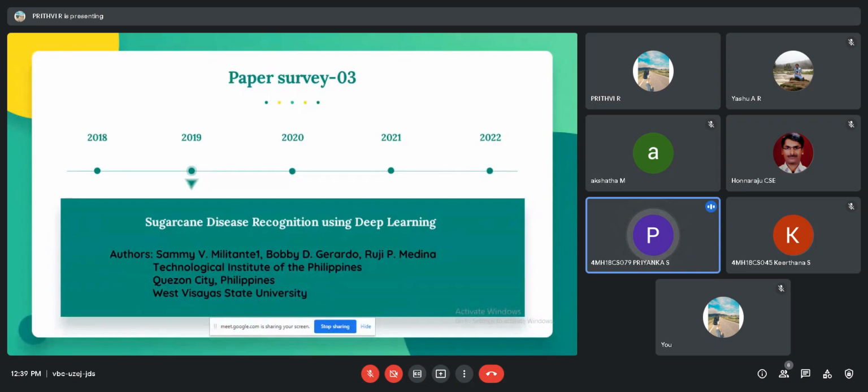Militante, Bobby D. Giardo, Ruzi B. P. Medina. This study trained and tested a deep learning model on a 13,842-image sugarcane dataset of disease-infected leaves and healthy leaves, achieving an accuracy of 95%. The trained model achieved its purpose by detecting and classifying sugarcane images into healthy and unhealthy or diseased classes of sugarcane leaves. Therefore, this paper provides an idea of helping farmers with the aid of deep learning algorithms in detecting